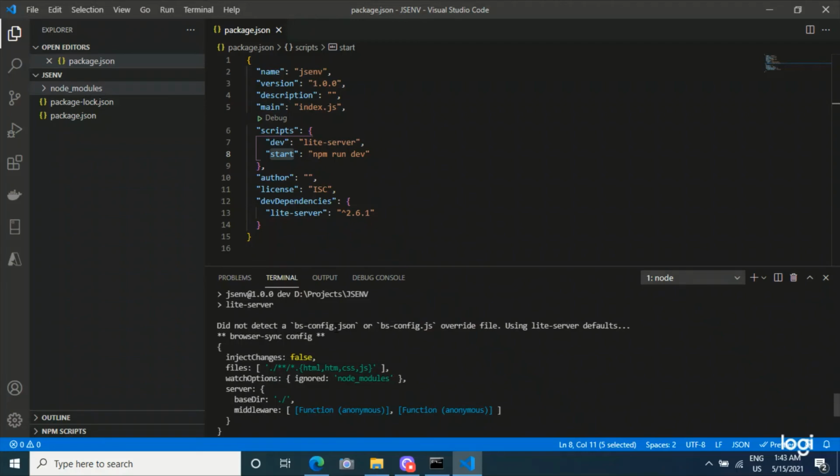The file names are bsconfig.json and bsconfig.js. These files are used to override the default values of light-server. Here there are no files, that means we don't override the default values of light-server. So the light-server started with the default values.